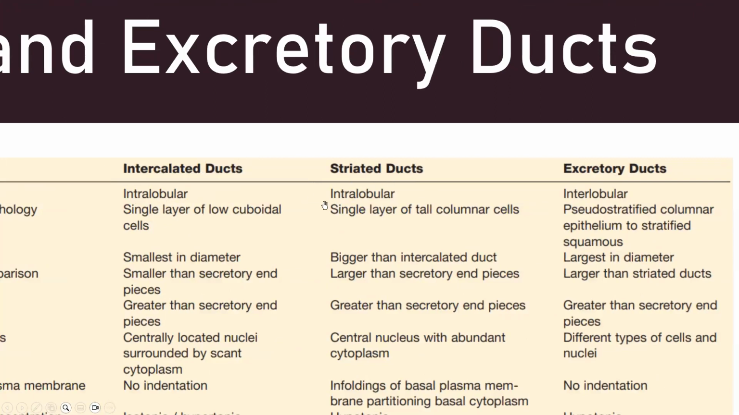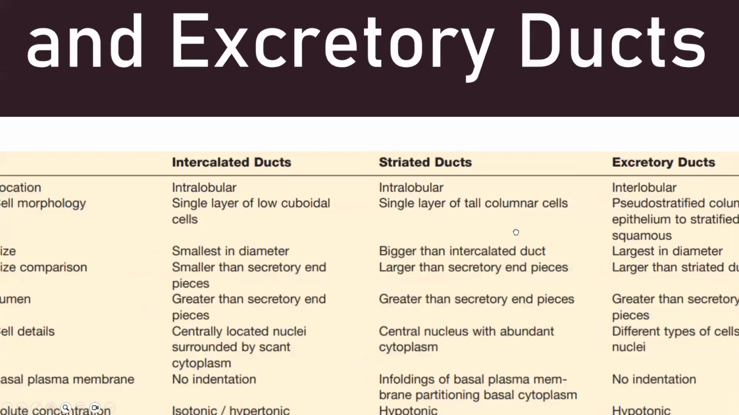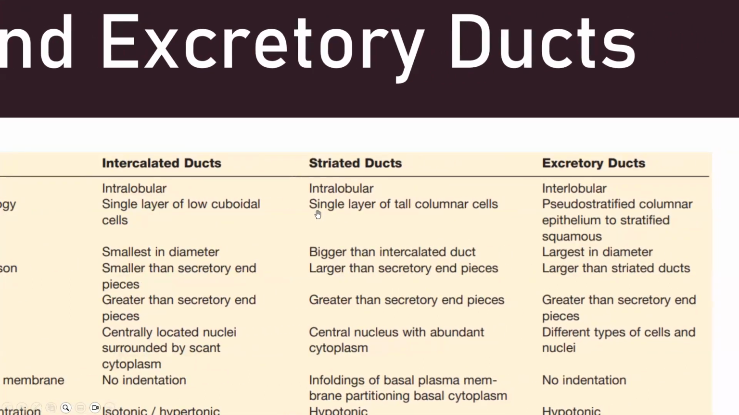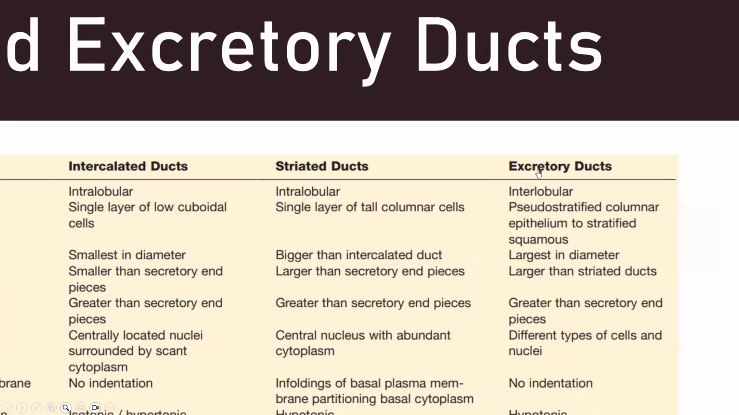Location of the intercalated duct: intralobular. Striated, again intralobular, whereas excretory ducts are interlobular. So wherever there is an exception, expect a question. Remember this formula. Cell morphology: single layer of low cuboidal cells in intercalated, single layer of tall columnar cells in striated, and